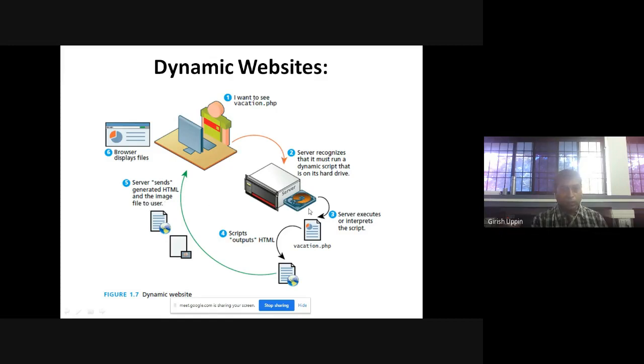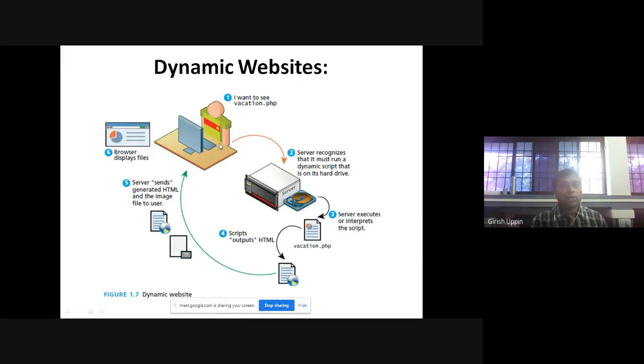This is the example where I was telling you that the response you get could be different for different users. Let's say on the same vacation page, you want to see some of the options, tourist places that are available in, let's say, Goa. One user puts that request, and this particular script will run with the user input for Goa, and it will generate a different kind of HTML for Goa and its tourist places, and render that page to the user.